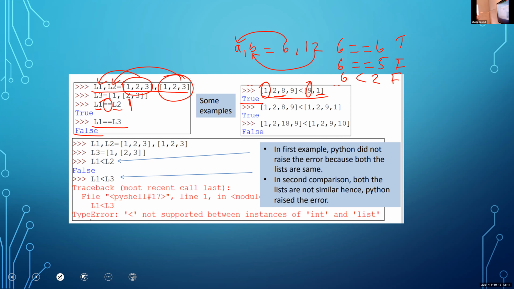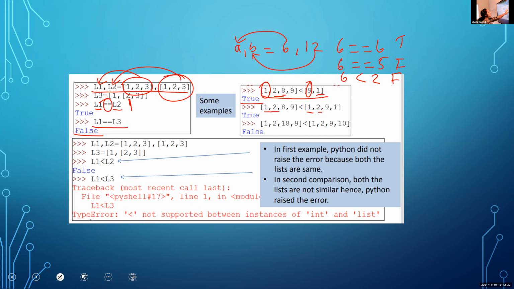Then take the next example. Here the first two elements are equal. Only if the first two elements are equal will we move to the third element.